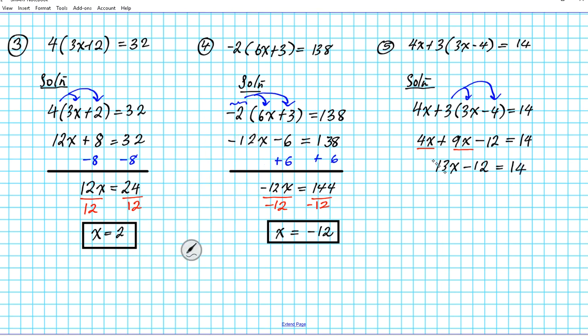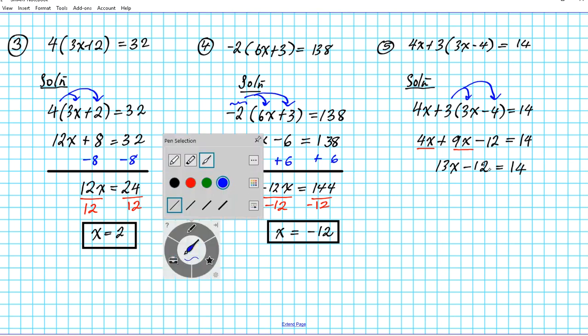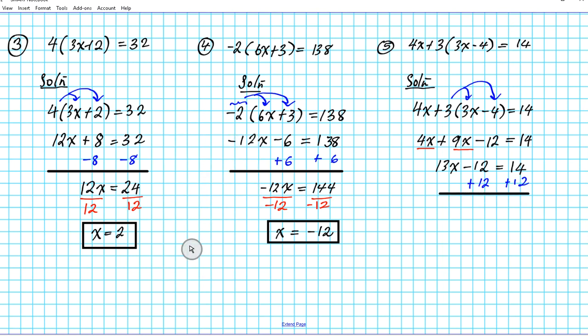Now to get x isolated, we're going to use two steps, okay? First of all, we'll get rid of negative 12 and then divide by 13. So to get rid of negative 12, we add 12 to both sides of the equation, and that yields